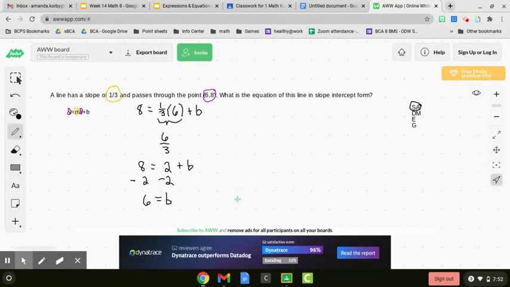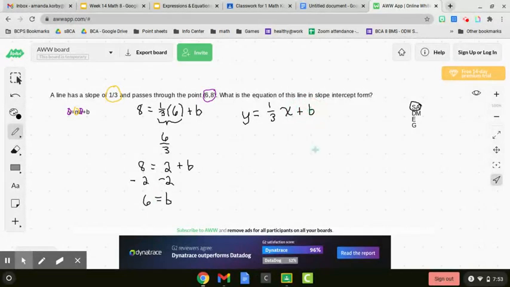So we're done. No, we're not done. We need to go back to our equation, y equals mx plus b, and we've got to plug in our slope and our y-intercept, which we just found. So keep y a variable because we want an equation that would represent any point on the line, not a specific point. 1/3 is our slope, times x. Again, we leave our variables alone, so our line can represent any point, plus